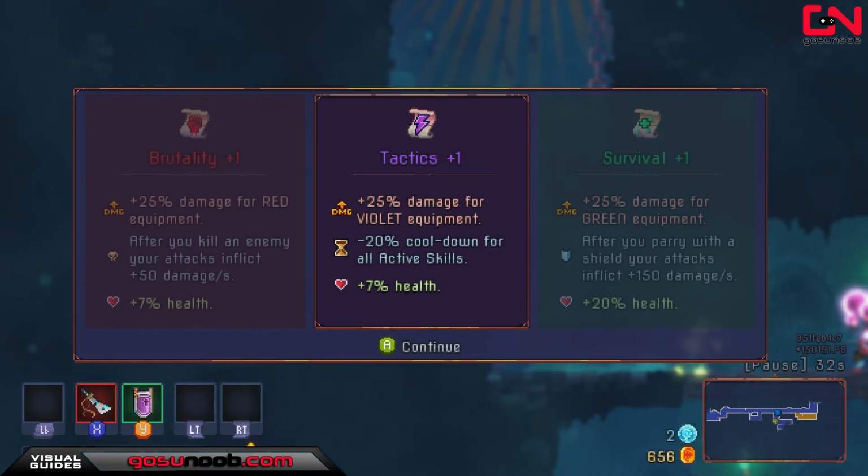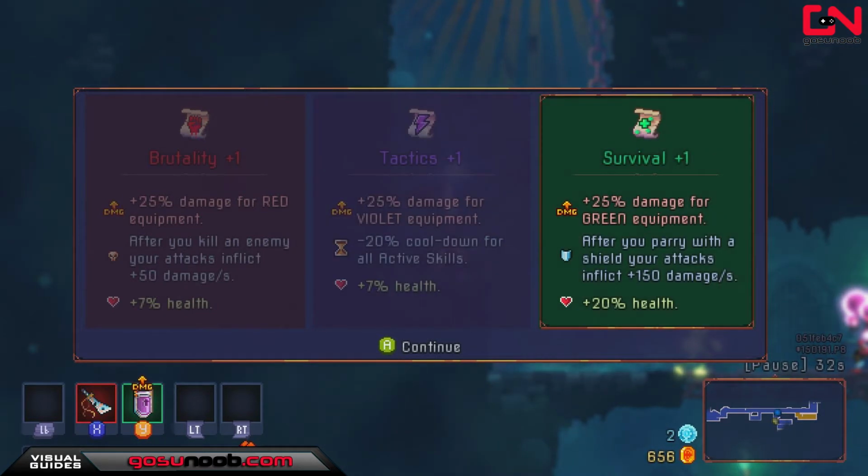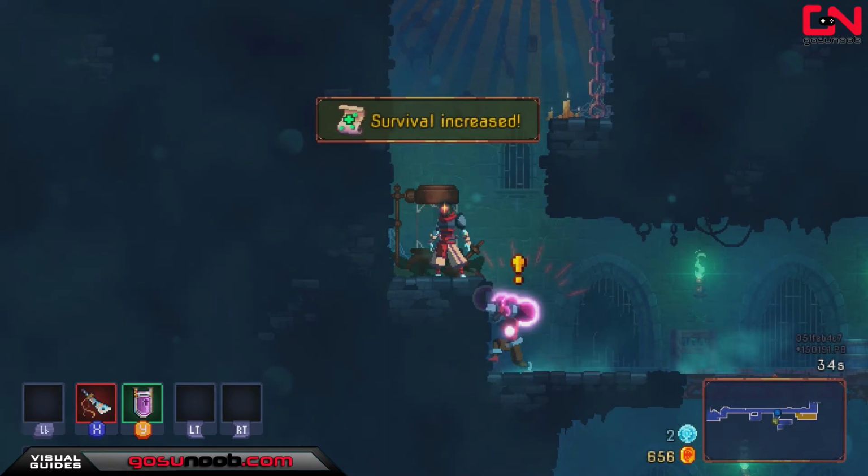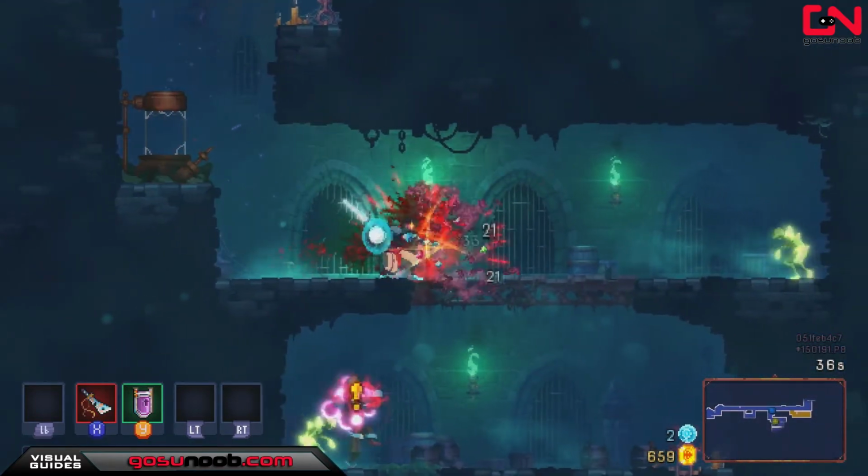These new upgrades are called Brutality, Tactics, and Survival. They upgrade your red, violet, and green slots. Each upgrade also buffs your health and gives a temporary buff to the damage of the equipment in that slot. This is similar to what the game had before, but it's more streamlined, more balanced, and more clear